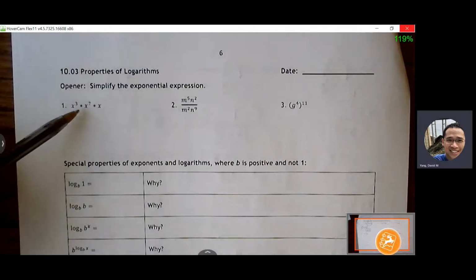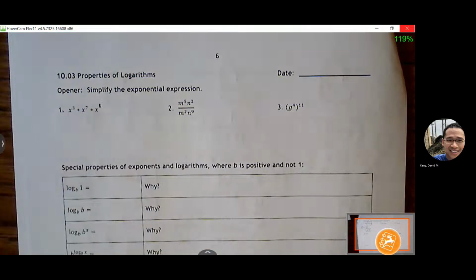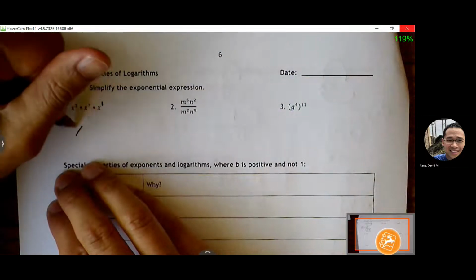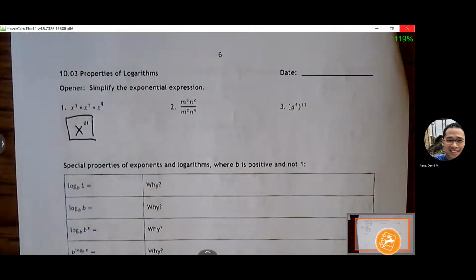Simplify the exponential expression. If I multiply bases, I can do what with the exponents? Add them, yep. There's a hidden 1 here. Number two,